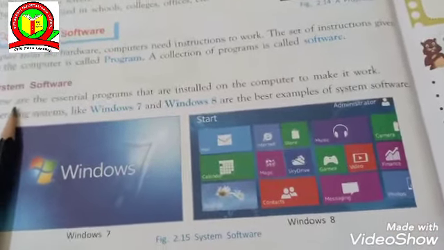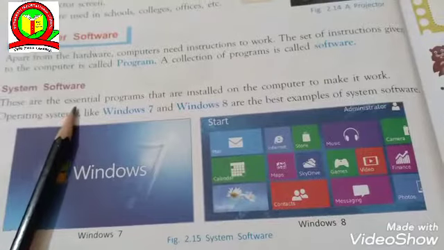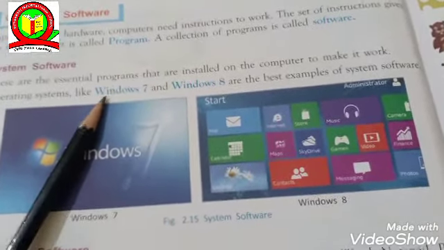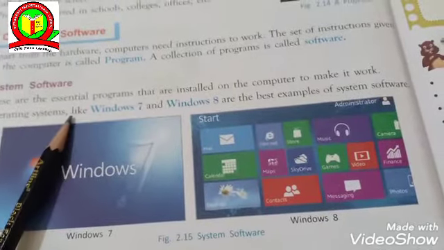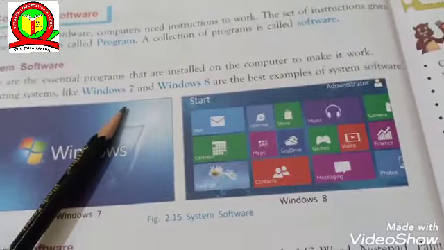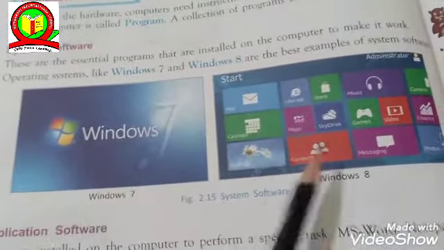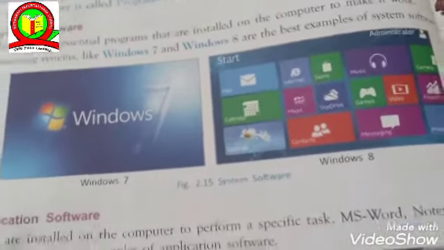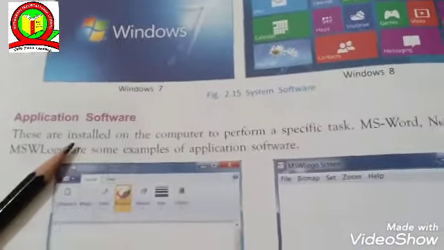System software. These are the essential programs that are installed on the computer to make it work. Operating systems like Windows 7 and Windows 8 are the best examples of system software. You can see them here. Now, application software.